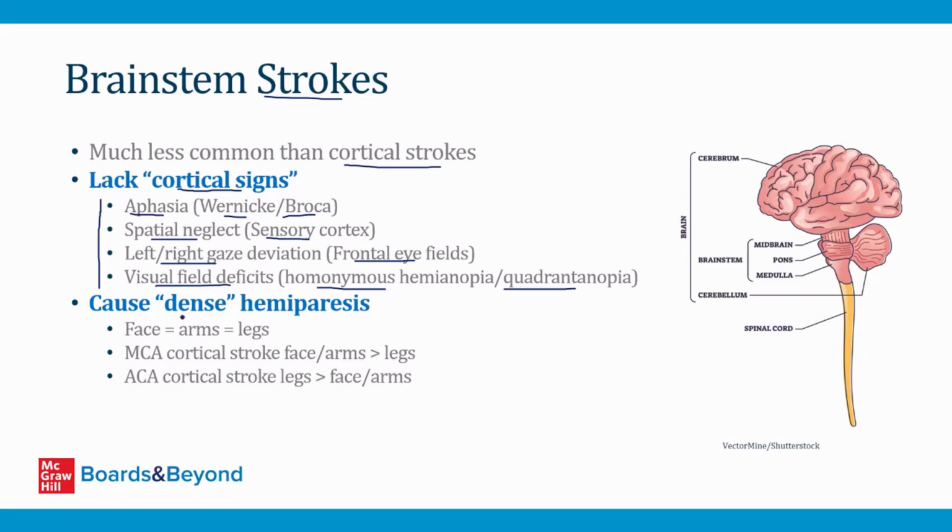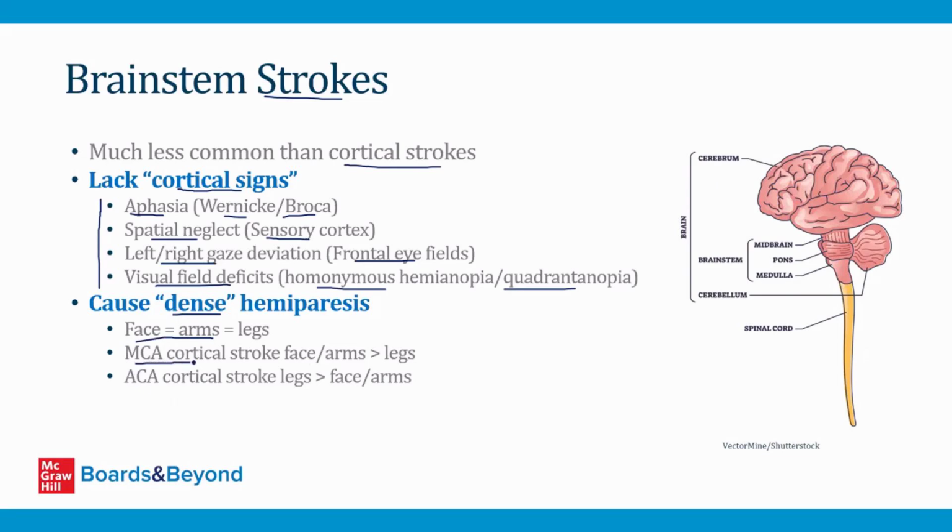Another thing to know about brainstem strokes is that they cause so-called dense hemiparesis. So what does this mean? This means that with a brainstem stroke, patients can present with paralysis on half their body, and the paralysis will equally involve the face, arms, and legs. That's dense hemiparesis. In contrast, if you have a cortical stroke, for example, a stroke involving the MCA territory in